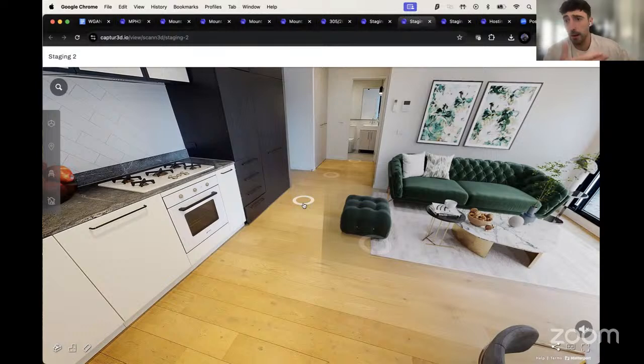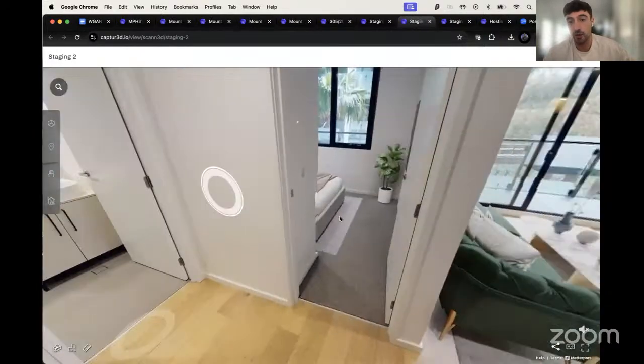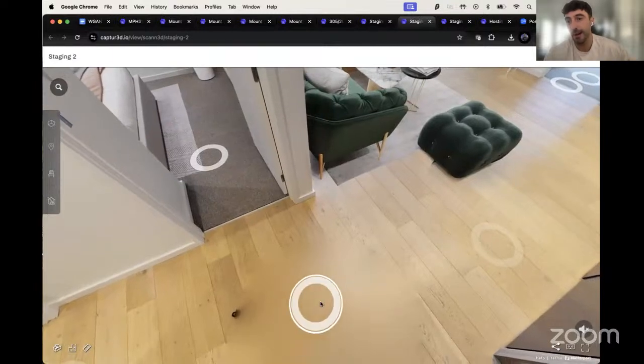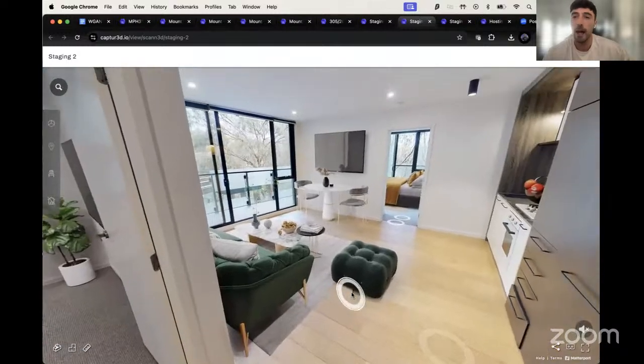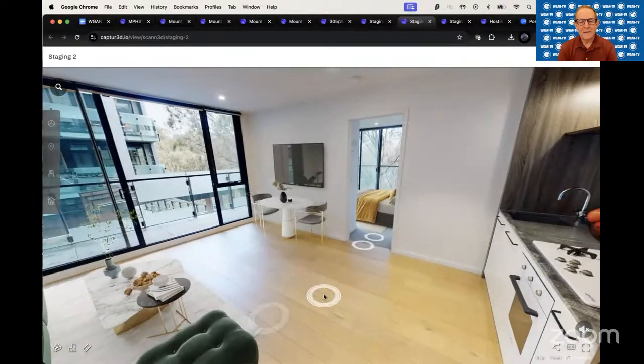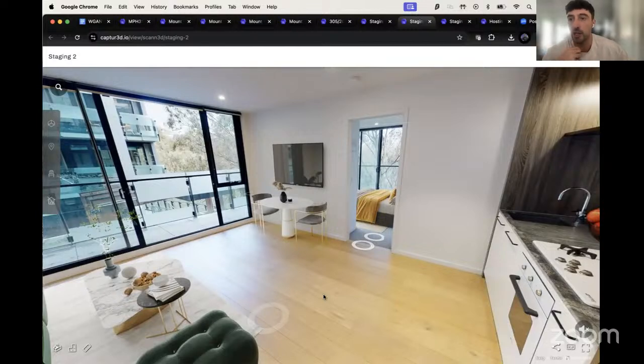I think some Matterport users are very well versed in what panoramas or sweep or scan points are required. For example, this one here where my cursor is will take you straight into that bedroom. So this is a sweep or scan point that needs to stay in order to navigate around the property effectively. So more than happy for our team to work with whoever's interested on which scan points are necessary and which are not needed, and we're happy to give advice on that as well, to come to a point where the customer is happy with the scan points they're including. So it's not something that they have to do manually or themselves. Okay. We can give them a suggestion.